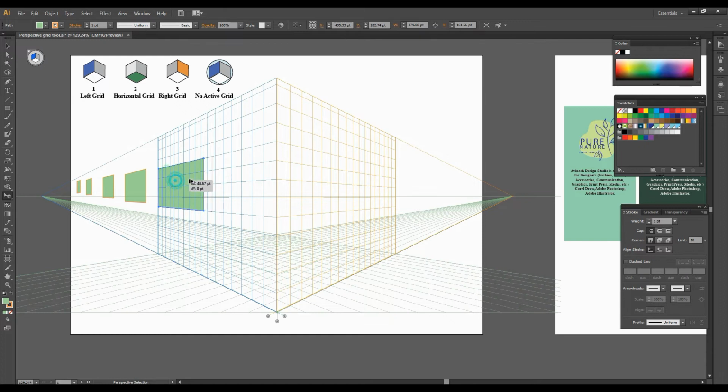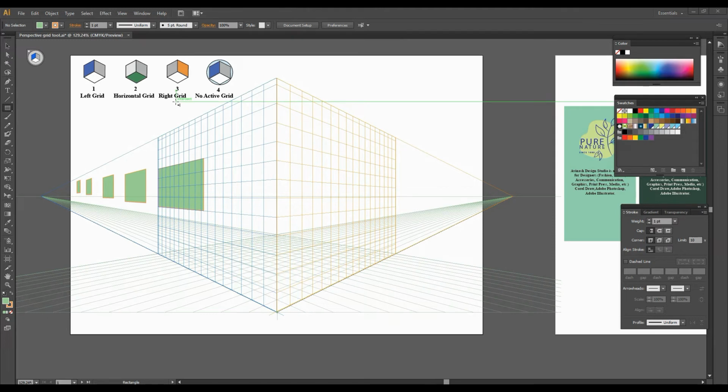When we select here, then copy and paste. Let's see the options. It is going to be a perspective. First one is bigger, second one is smaller and smaller. So it's working as a perspective. So all the squares are working on the basis of blue lines. So our blue line is active. So going back, Control Z. Let's go to the second option.